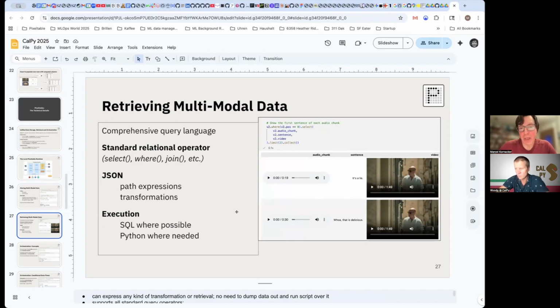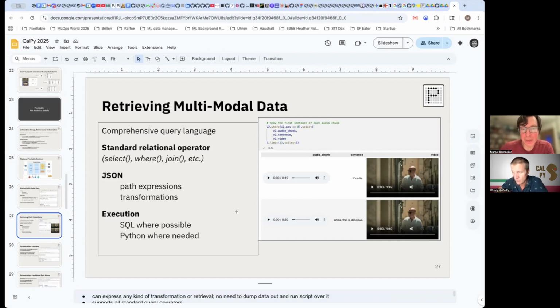And you have meaningful extensions that utilize the augmented data types, such as for JSON, you have path expressions and transformations on JSON. And the idea being that if you want to interact with the data, there is no need to dump out the data and then write a script that iterates over it. You should be able to express all of your data interactions in Pixeltable directly.